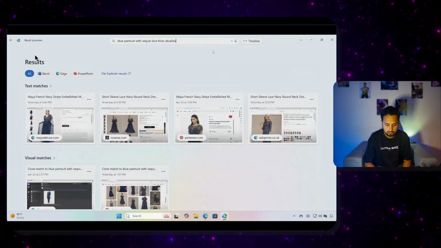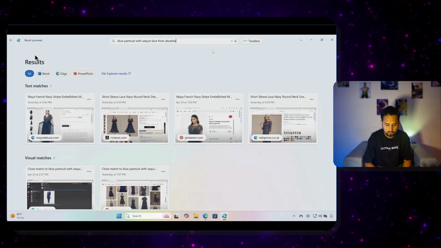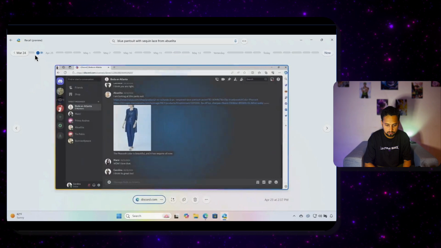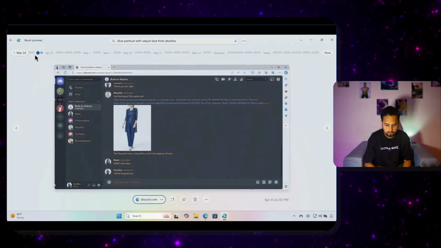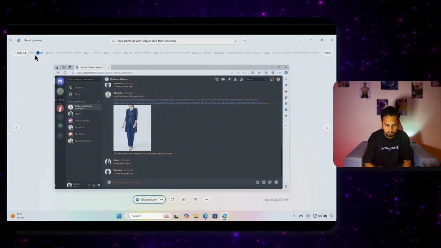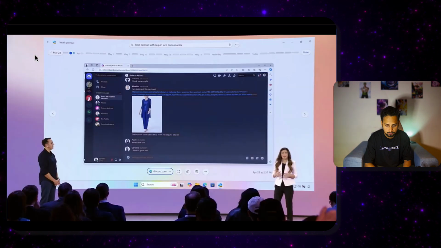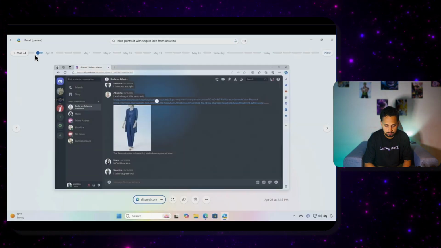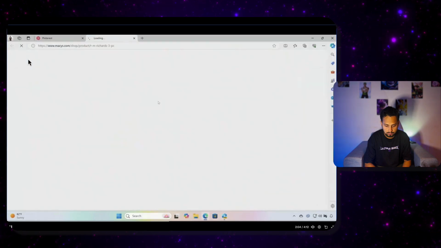And as you can see, Recall quickly found the Discord chat my family and I were using to discuss the options. And here it is, the dress that Abuelita liked. Recall analyzes the snapshot, and it gives me options for what I can do next. In this case, I want to click the link, which takes me back to the right web page where I can make the purchase. And now, Grandma has a